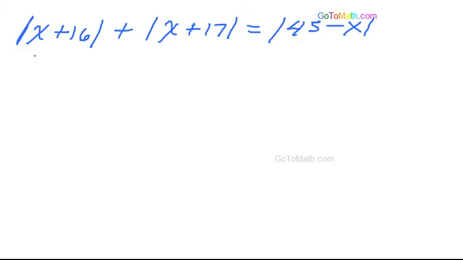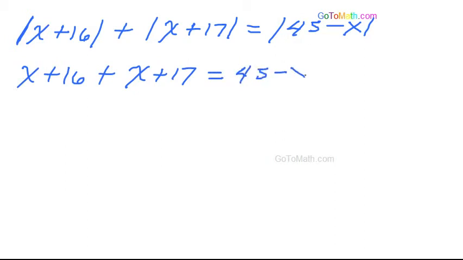X plus. Great. Drop the absolute value bars. We got to get on with the show here. I'm going to run out of time. I've only got 10 minutes. X plus 17 is equal to,